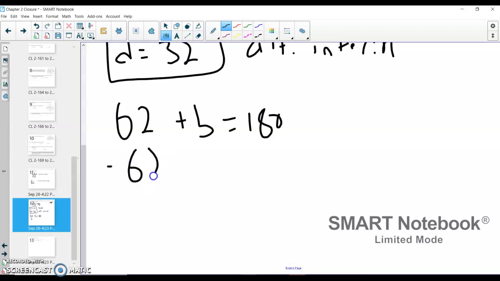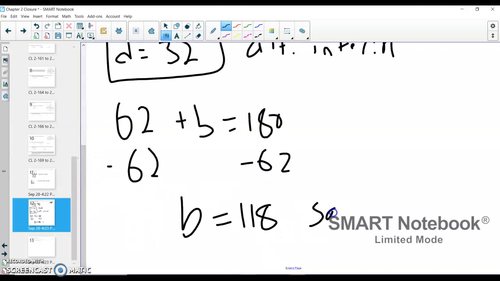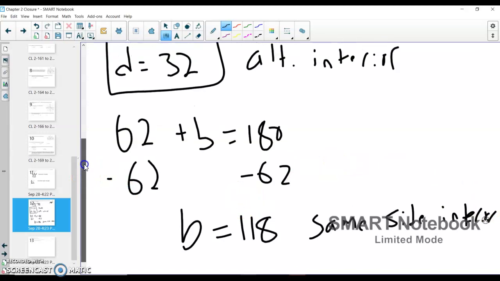I've got to subtract 62 from both sides, so I get B by itself. And B, what did we get here? It looks like it's going to be 118 for the B value there. Again, because that is a same side interior relationship. That's why I knew that was supplementary and I could add them together and set them equal to